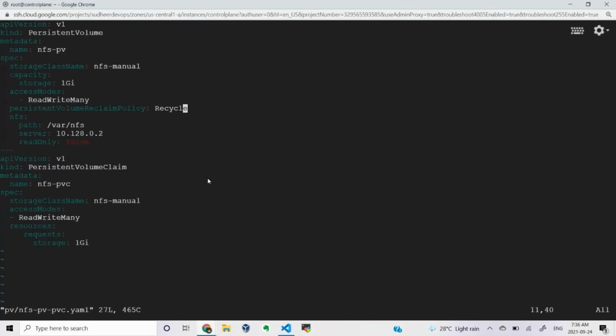Then let's go to your PV NFS. Let's try to change this to delete. Now let's save this, and here I want to tell that I want to use backup under NFS.